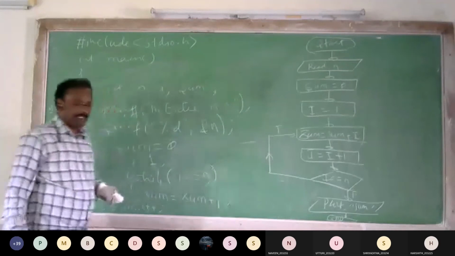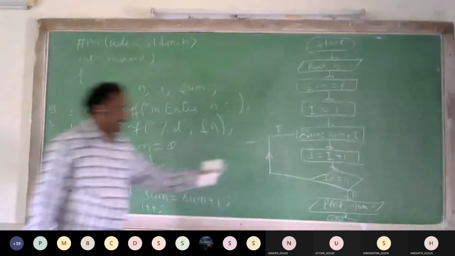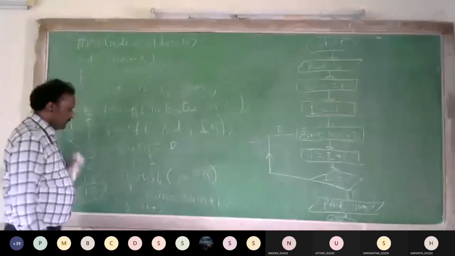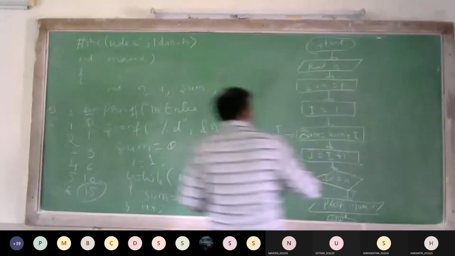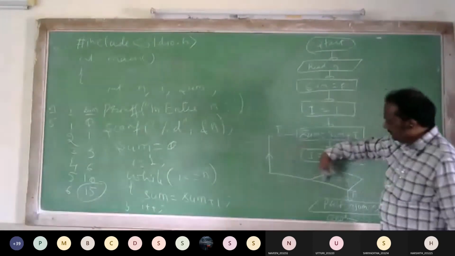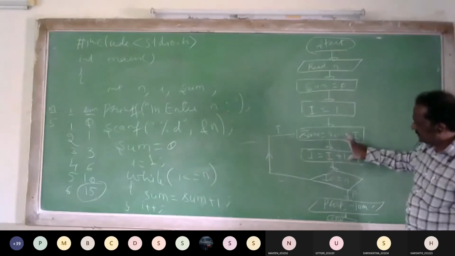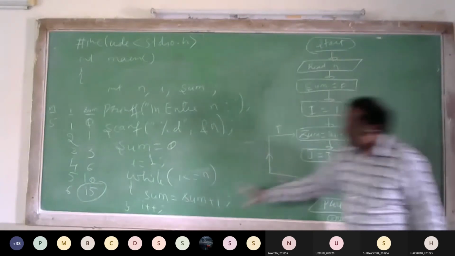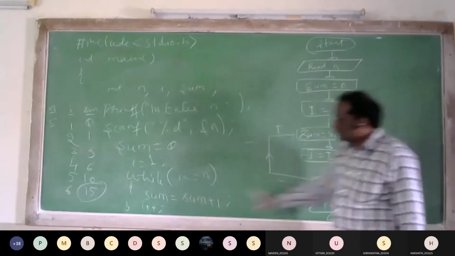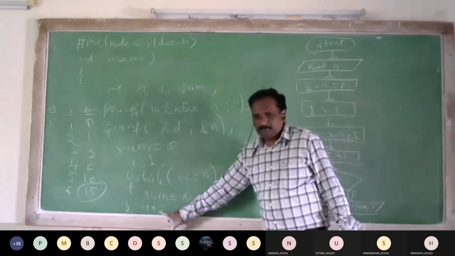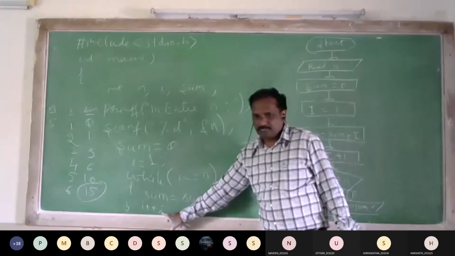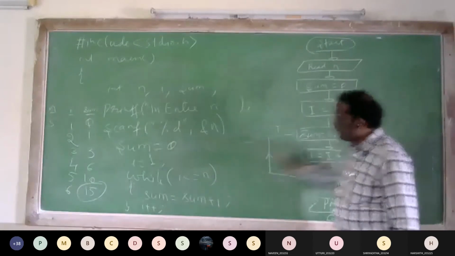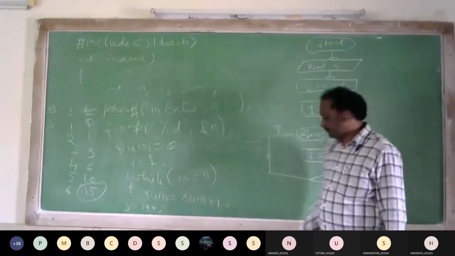This is the flowchart I have written earlier. Now I am saying that this is the flowchart and this is the program. Both are the same. How? Now which steps are repeating? Whenever we write this back arrow, we have to consider that these statements are repeated. So sum is equal to sum plus i is written here. i is equal to i plus 1 is written here. Whatever statements are repeated, you write inside the block.